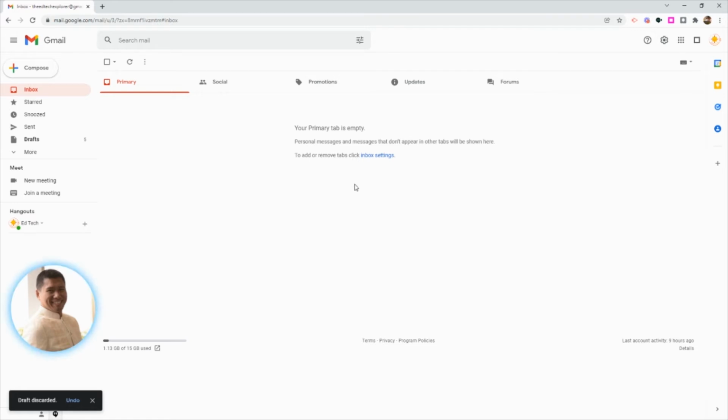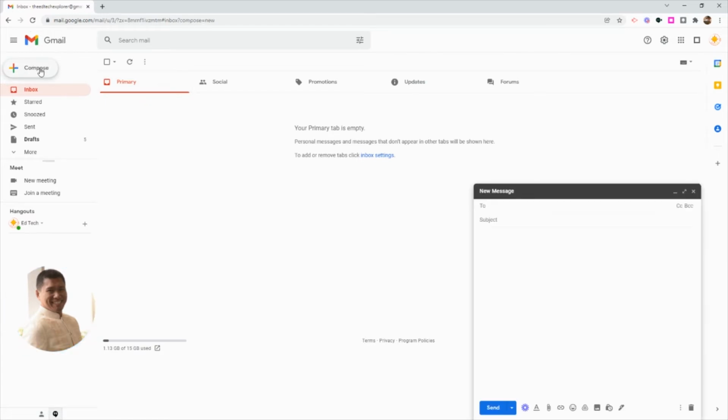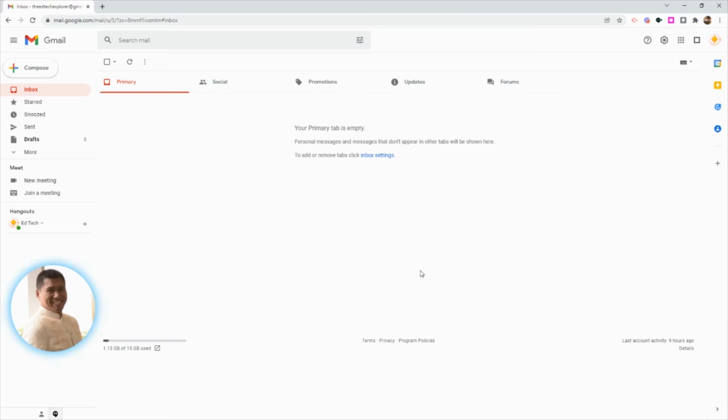Okay? So let me just close this, disregard again this new message. And as you have observed earlier, whenever I create an email or whenever I try to compose, I will just place my mouse pointer here and I will have to click compose. Okay? And lalabas po si new message window. So that I can already start composing my message here. Now, one of the best features of Gmail is that it has keyboard shortcuts, no? That will allow us to enable or activate some certain features here a little faster, with the use of